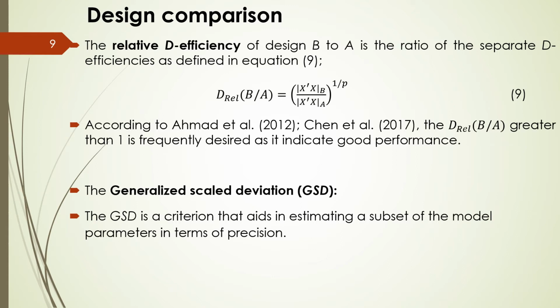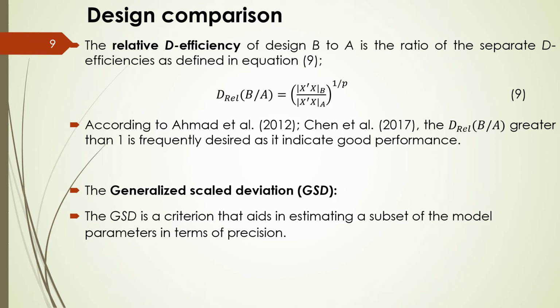So the next thing we'll be looking at is the design comparison, the criteria that we are going to use to compare our robust design with other existing designs. The first criterion we'll look at is the relative D efficiency. The relative D efficiency, according to Ahmad et al. and Chen et al., of design B to design A,